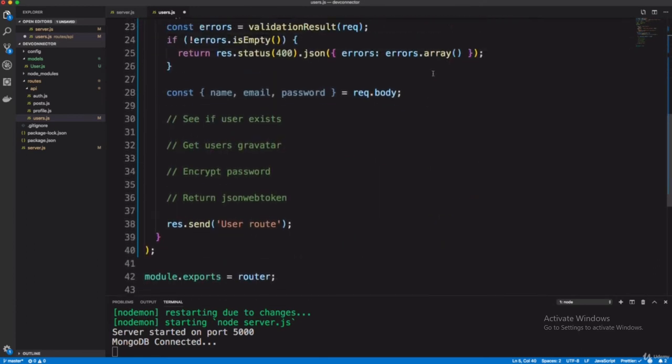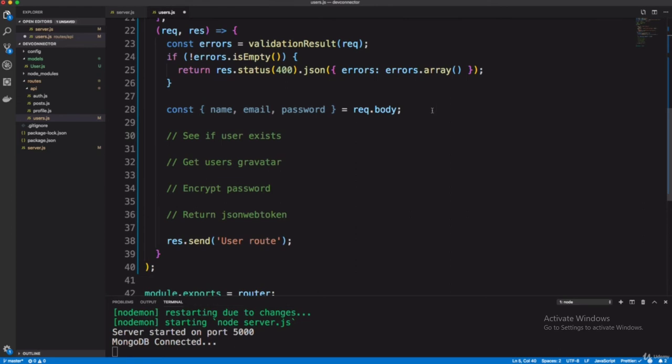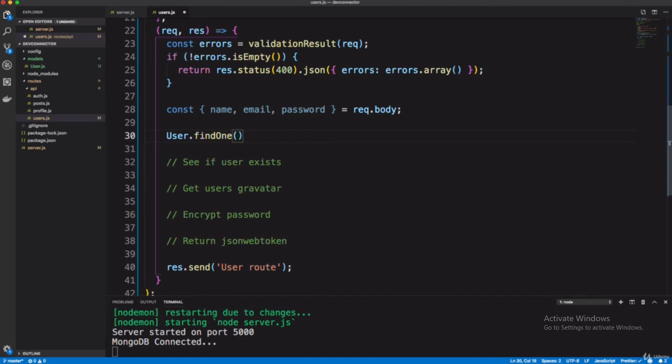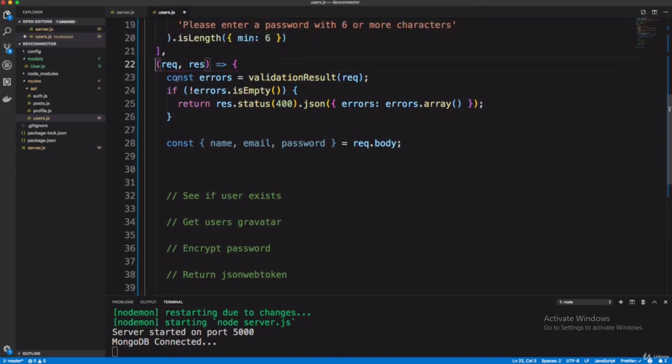Here first of all we have to check whether the user exists or not. For that we have to write User.findOne and check using email. We can use .then, but here we are using async await.